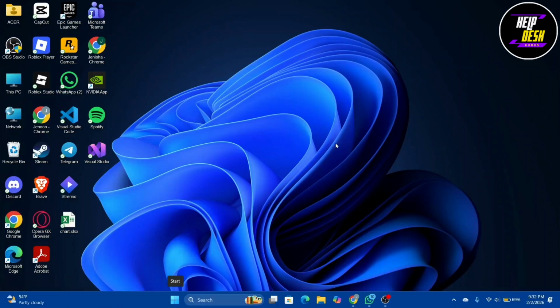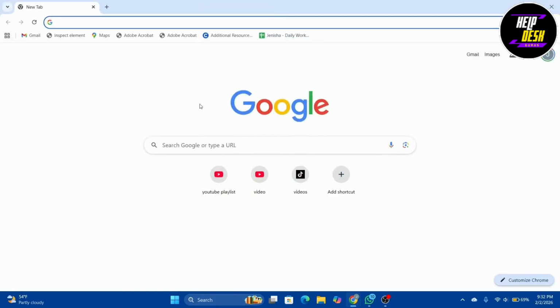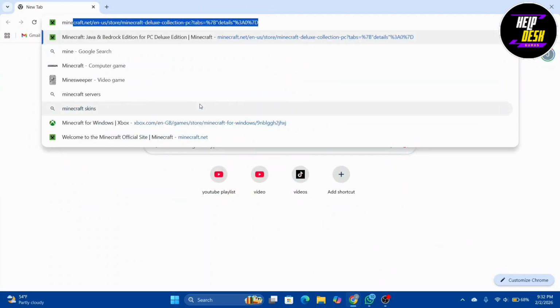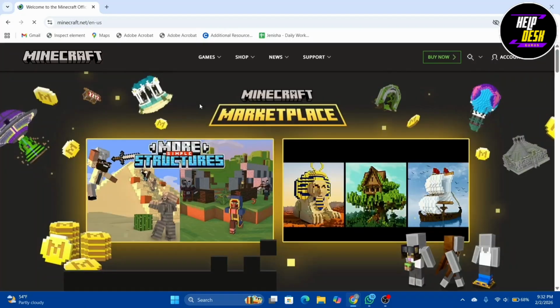In today's video, we are going to provide you with a step-by-step guide in order to download and install the Minecraft Java Edition. So let's get started with the process. So we can head over to a browser and go to the official Minecraft download place here. So we can just go over and type in minecraft.net and hit enter, and it will take you to their official site, and you can find the download section